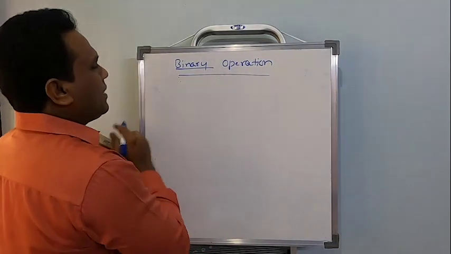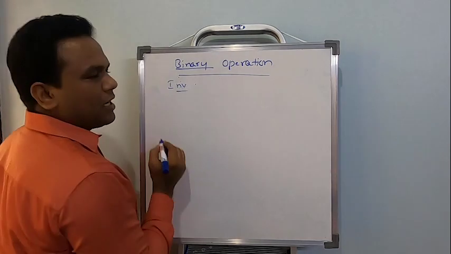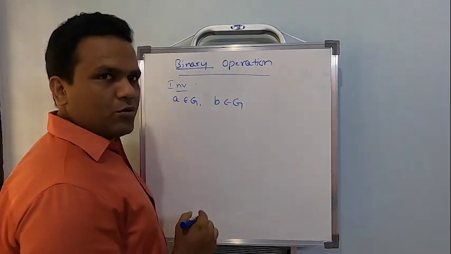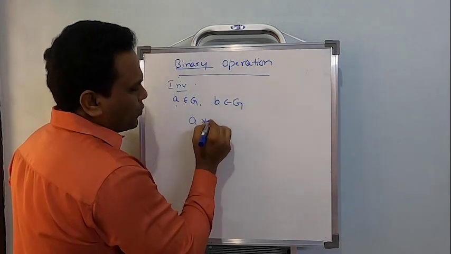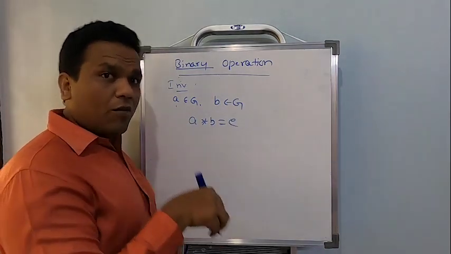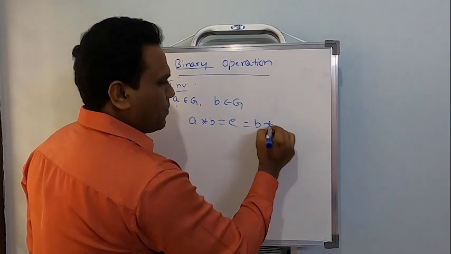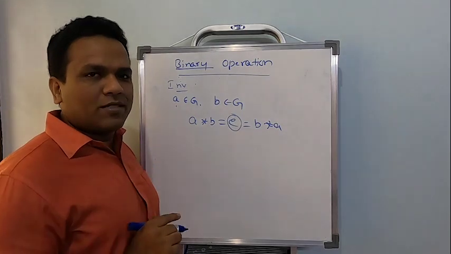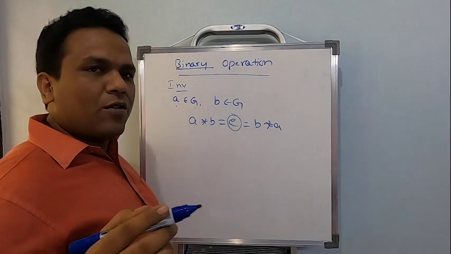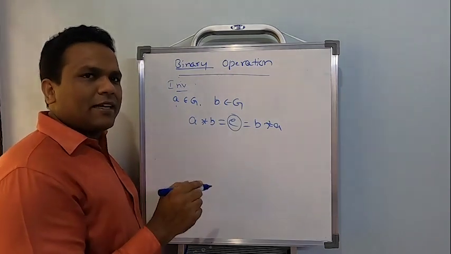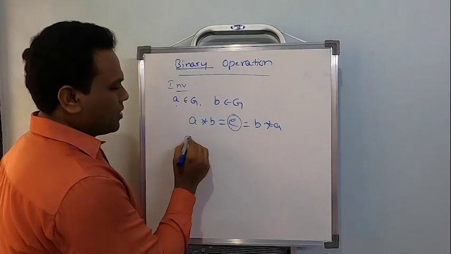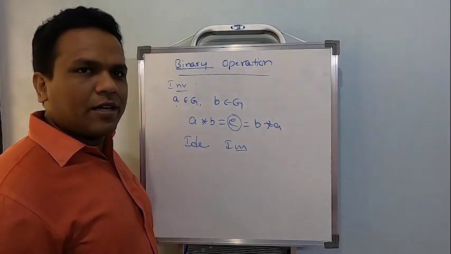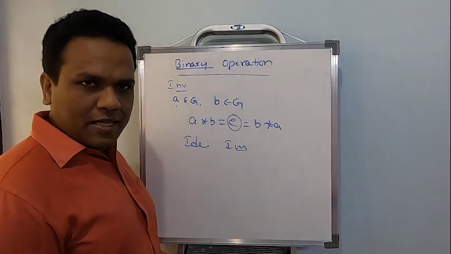Apart from that, we have studied something called the inverse of an element. For an element a belonging to G, there exists an element b belonging to G, such that when I operate these two, I get the identity element of the given set, and this should be equal to b star a. Remember, to find the inverse, first I should know what the identity is. So far we have not worked any problem based on inverse and identity. Now today's session is purely based on identity and inverse. So we'll work out a few problems based on this. After that we'll go back to the worked examples from the NCERT.